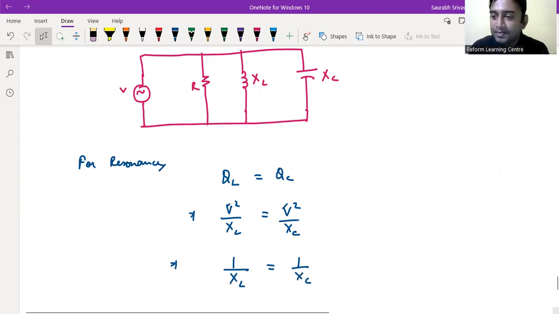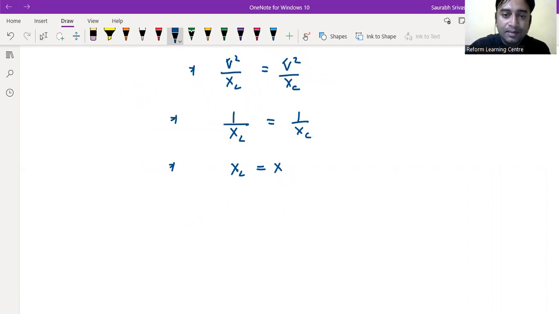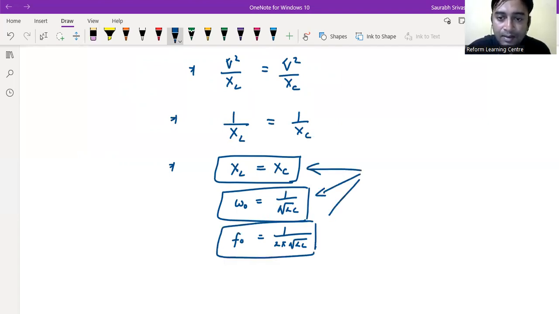Both sides up inverse कर दीजिए. This means XL must be equal to XC. Again, the condition for resonance is same in parallel and series circuit. It is XL equal to XC, or omega naught will be equal to 1 upon under root LC, or F naught will be equal to 1 upon 2 pi under root LC. These are the condition for resonance